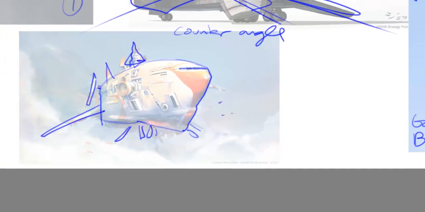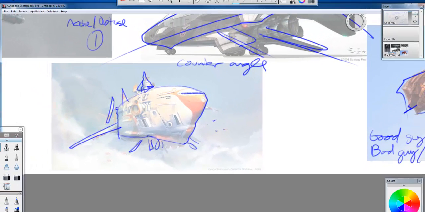So to mimic the scale, what he did is he put little indications of other ships around here that show you how big this thing is. And then by putting the little captain's area right in here, and look at how he broke the silhouette. He has that wing, he has another wing here, another wing here, something popping out here. See, he's finding ways to break out of that large ship shape. If he did not have all of these,